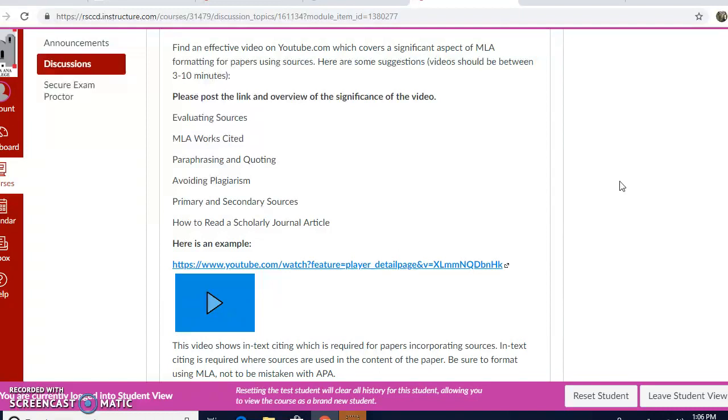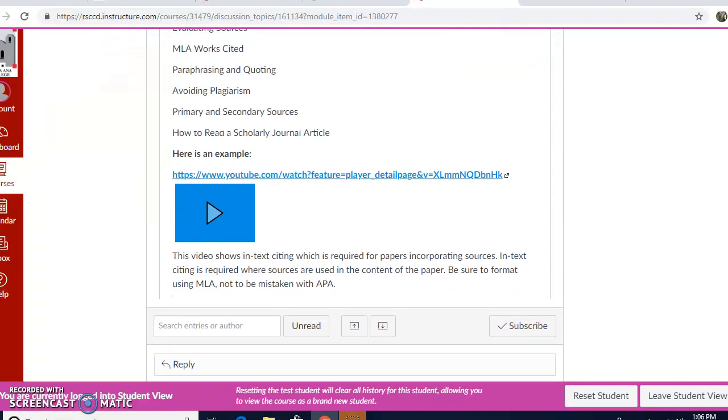Preferably secondary sources are better for research-based papers, but a combination could be okay as well. And then also how to read a scholarly journal article, which are great resources for research-based papers. So I did include an example which talks about in-text citing, so you guys can click on that and